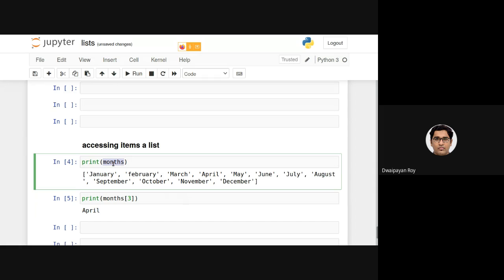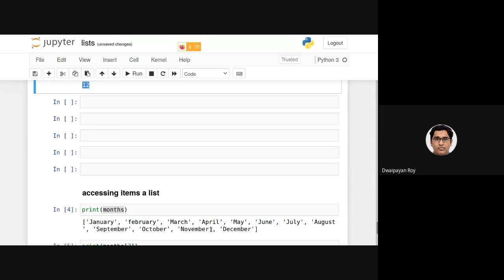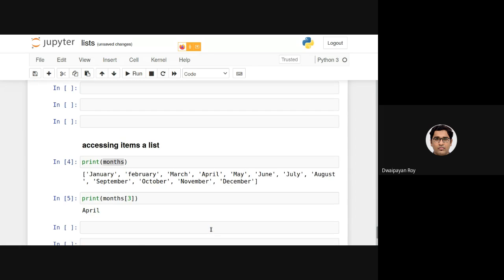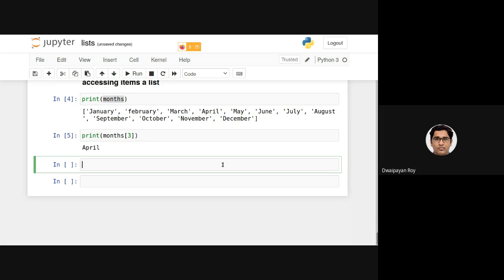Okay. Now, one other thing. As we have discussed, the len function returns the number of items, or the number of values stored in a list. Now, what if I want to access the last item using len? Can someone tell how to do that?